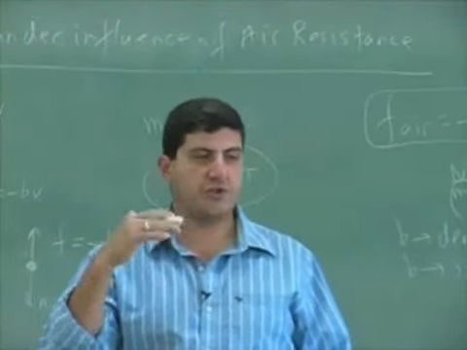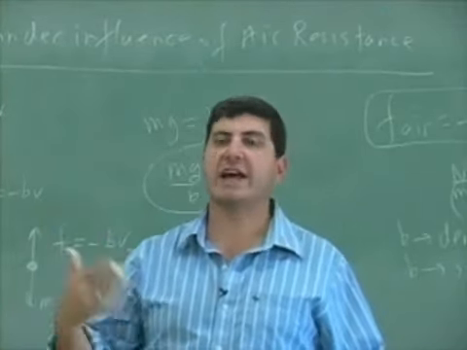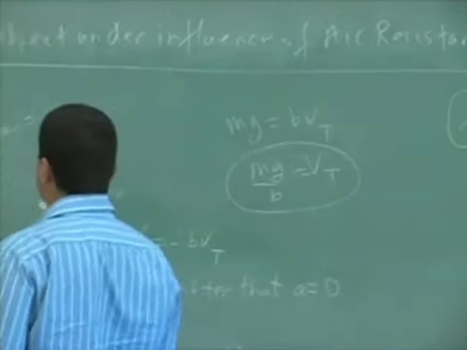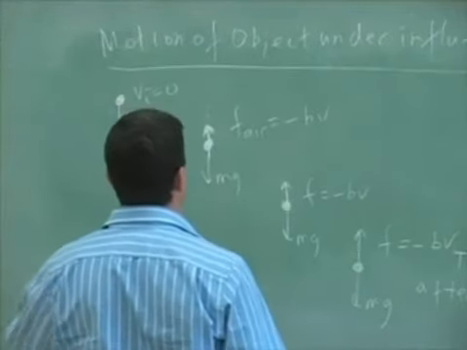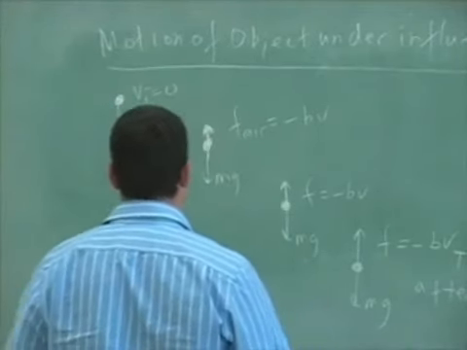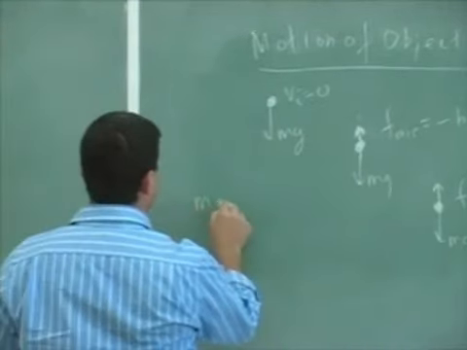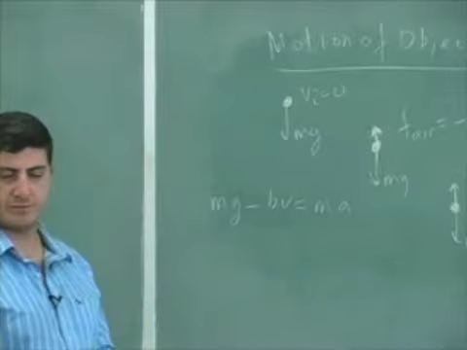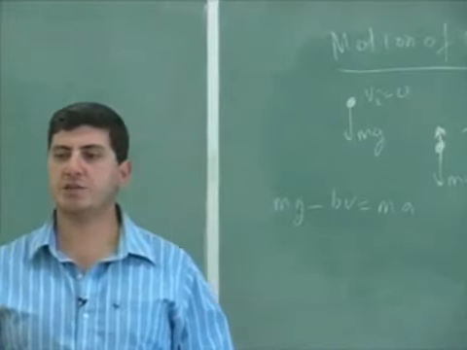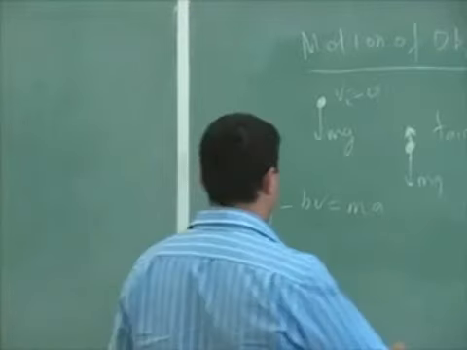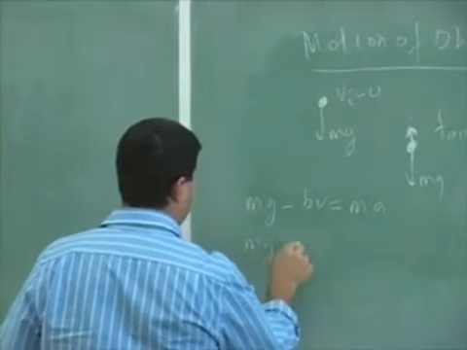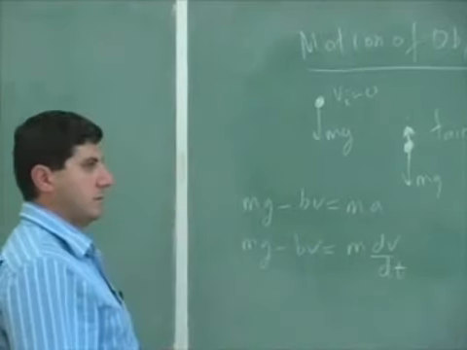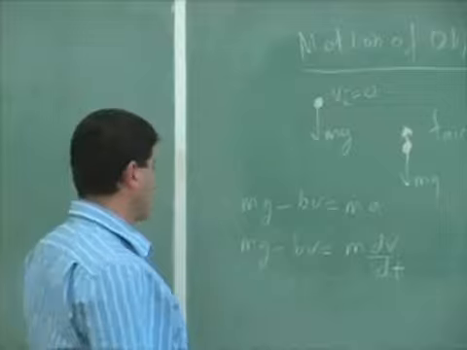Okay, so now the next thing that we want to do is to come up with a set of equations that describe how the velocity changes as a function of time. Now this is known as a differential equation. And basically the way to set this up, I'm just going to show you how to set it up, then I'm going to give you the solution. You say mg minus bv equals ma, right? And then a is equal to dv/dt, the derivative of the velocity. And then we cross multiply here, we get this equation.